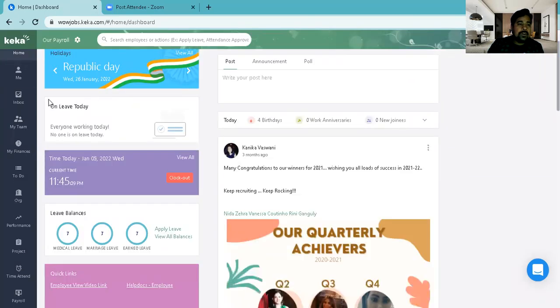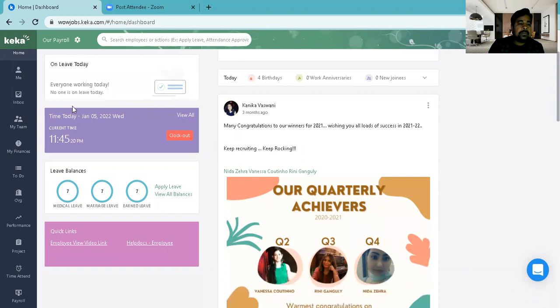Now below that you will be able to see on leave today. Here you will see your team members' leave. If any of your team members is on leave today, their name will display here. Below that you will be able to see your attendance system, right? In the morning it will show web check-in, and in the evening it will show checkout. For example, currently I have already done web check-in, so it is showing checkout. I will do checkout at my logout time. So I will click on checkout and then click on checkout, and the system will record my out time, right?